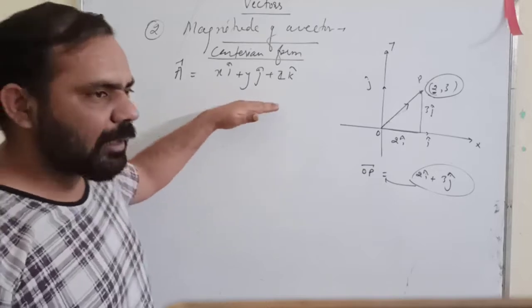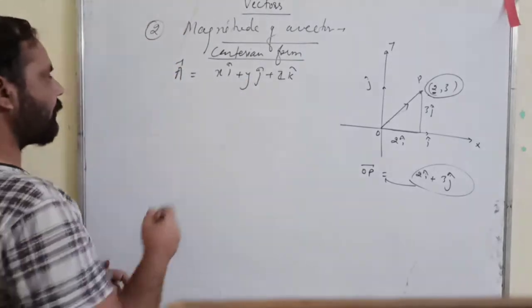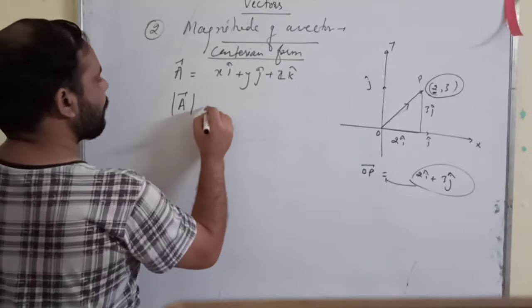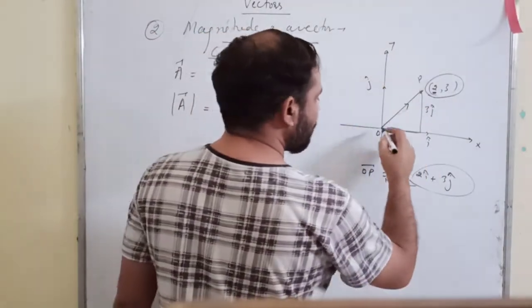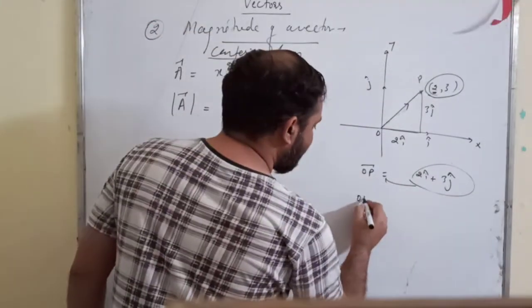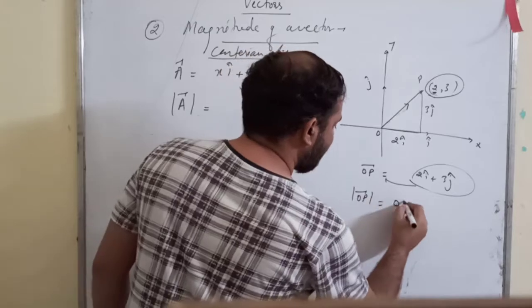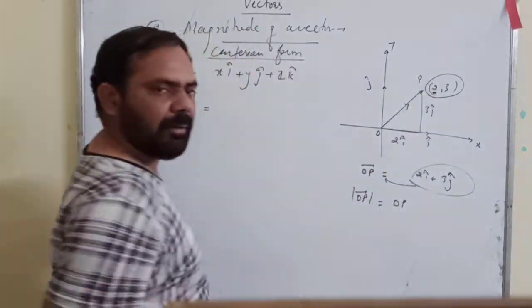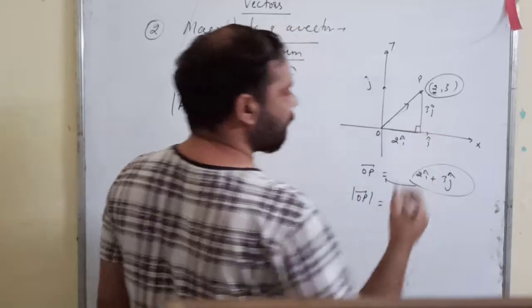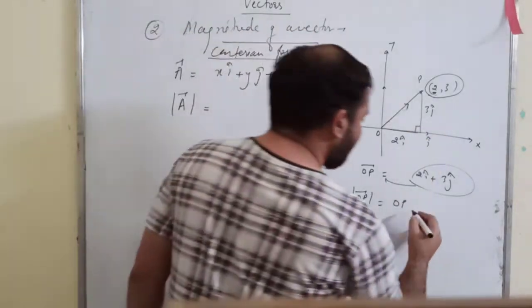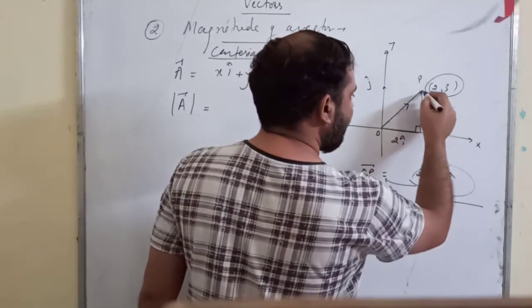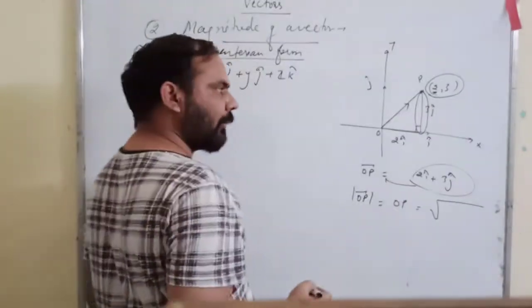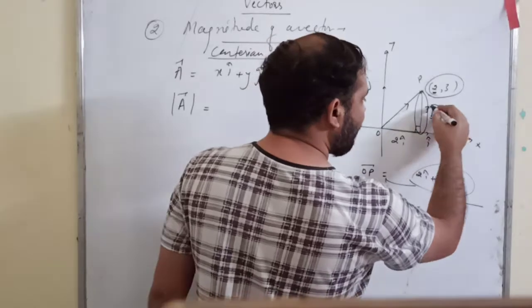Now in this Cartesian form, suppose you want to find out a vector magnitude, then it will be given by, let us suppose that I want to find out the magnitude of OP vector. So OP vector magnitude is nothing but the length OP, right? Now you can see here that we have a right angled triangle. So what I will do, it will be equal to under root of this length. Now what is the length of this side? Okay, what is the length? This j cap represents the direction.